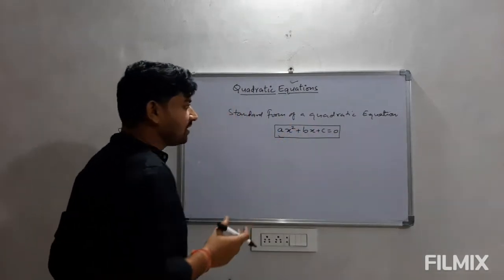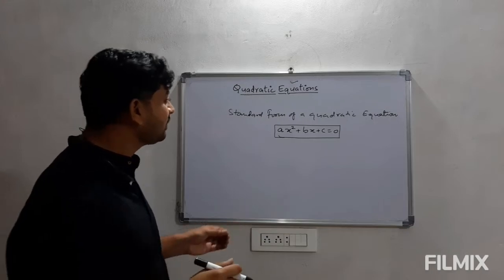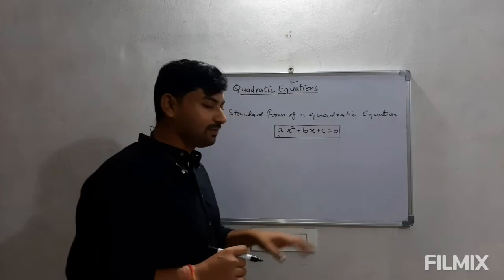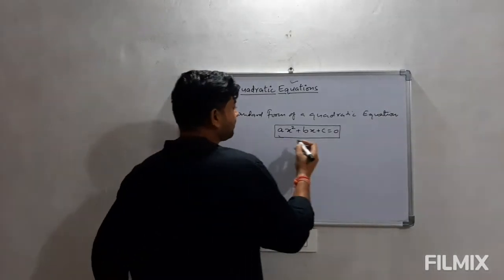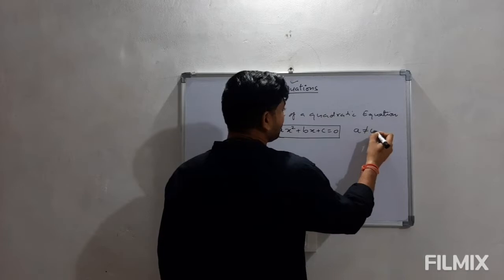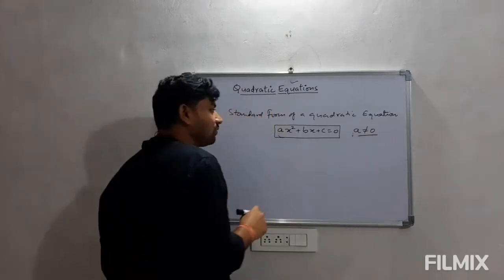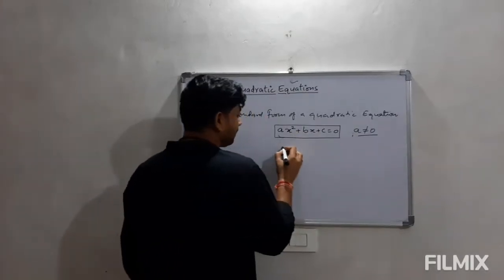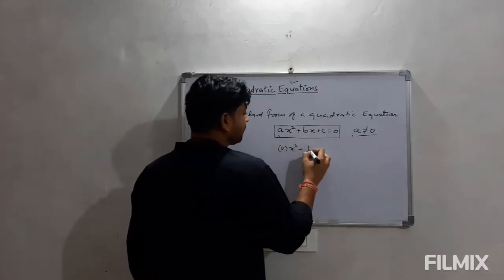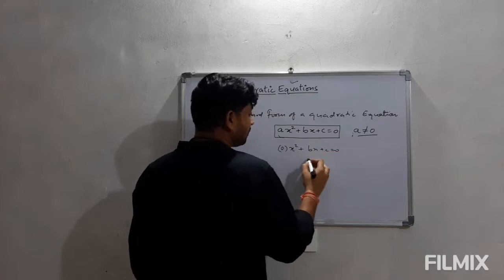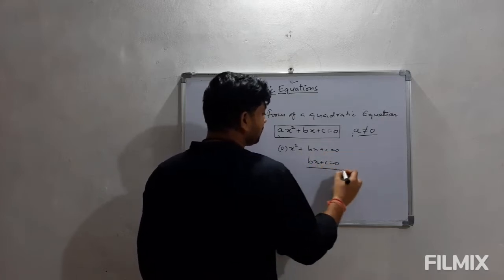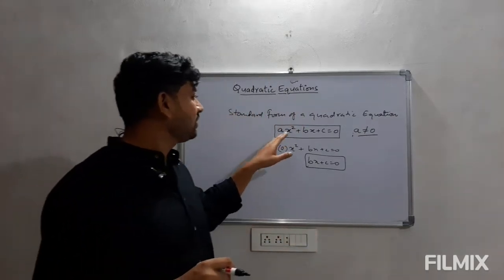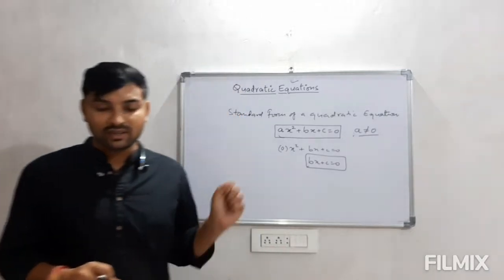Wherever we get any algebraic expression, we will try to solve it, and we will represent that in the form of this. If it is like that only, then it is a quadratic equation. But one condition must be there, that is a is not equal to 0. Suppose in an equation the coefficient of x square is 0, the value of a is 0, then this term will become 0. So this equation will become bx plus c is equal to 0. This is not a quadratic equation, it is a linear equation.